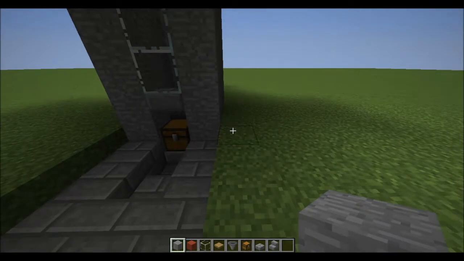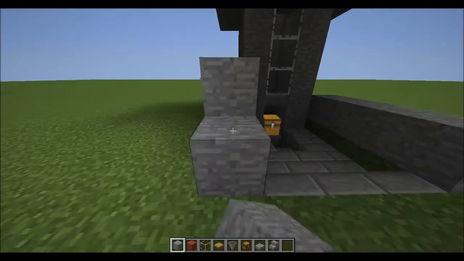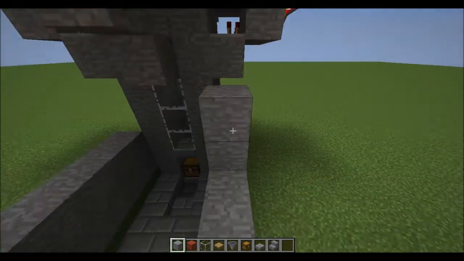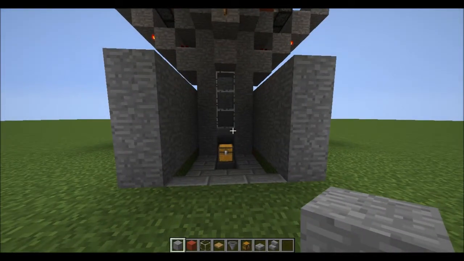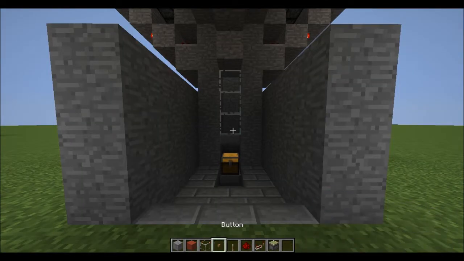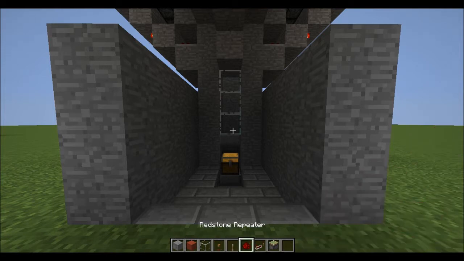So you're going to want to build blocks here along this side like this, and then build them up like this. Not like that, like that. And then go across like that, and then you're going to want to get a button and a lever. Okay, so now that you've gotten your button, your lever, some redstone, a redstone repeater, and a piston, you're then